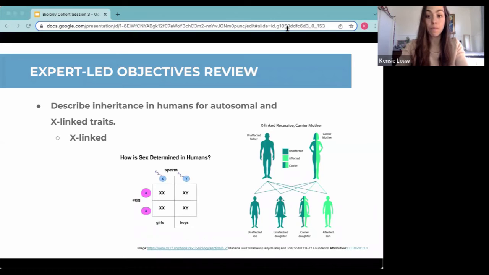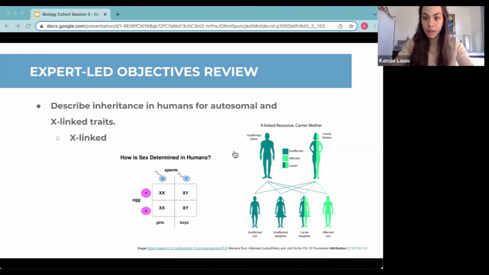So because males have just one X chromosome and one Y, they have only one allele for any X-linked trait. So any trait that's controlled by a gene located on the X chromosome, in males, they just have one allele for that because they have one X chromosome. So any recessive allele that's X-linked is always expressed in males. So if a male ends up with a recessive allele on an X-linked trait, then he is going to be recessive for that trait always, because he doesn't have another X chromosome to